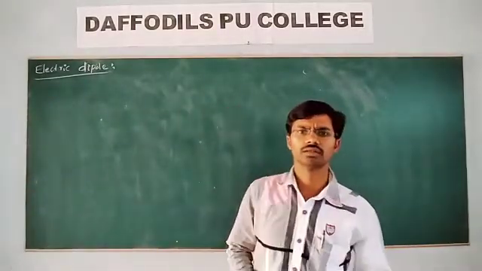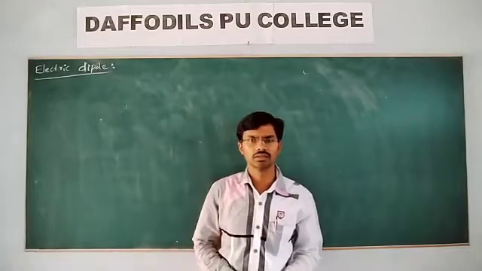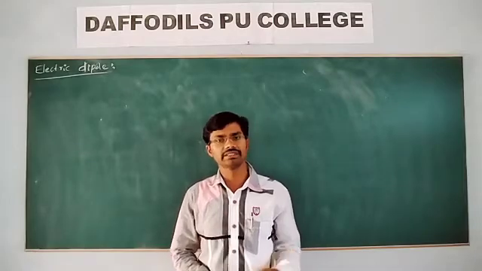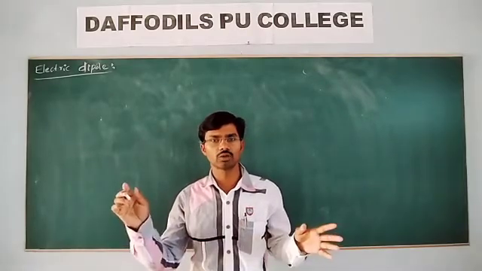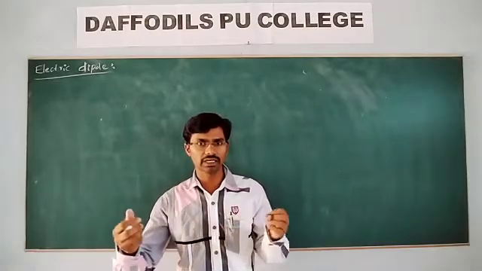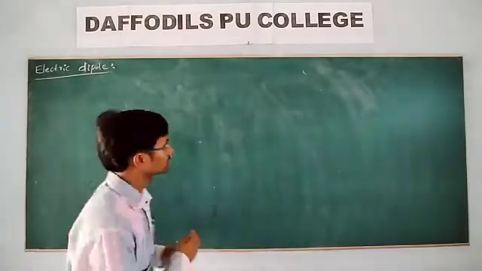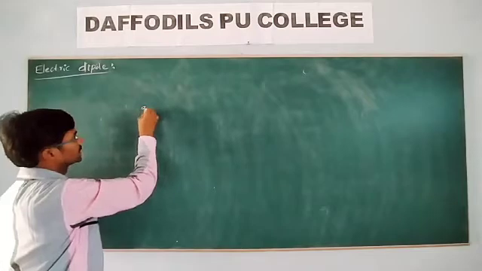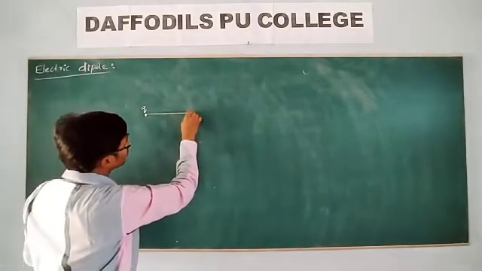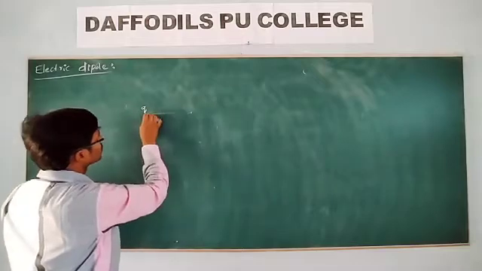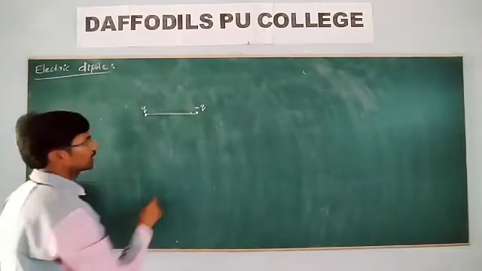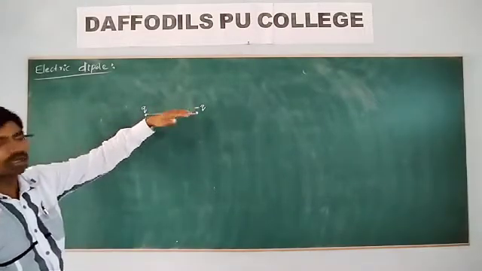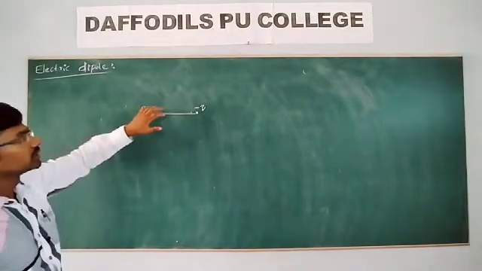So we know that when we have taken a charge, that charge produces electric field. If it is a positive charge, it produces the electric field in the radially outward direction. If it is a negative charge, it produces electric field radially inward. So let me take here two identical charges, but opposite in polarity. Two equal and unlike charges, Q and minus Q. This is a system.